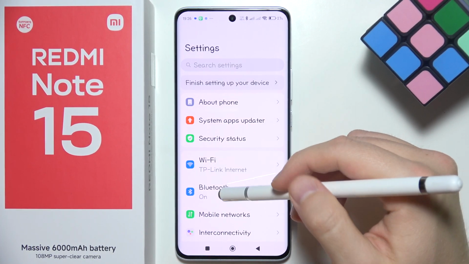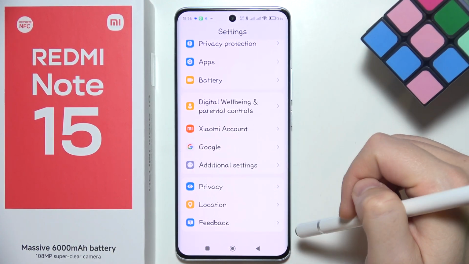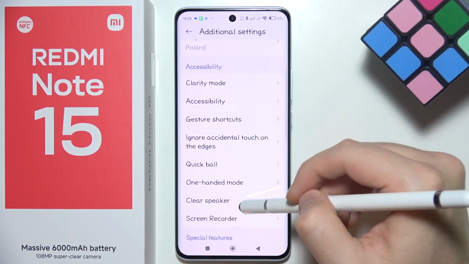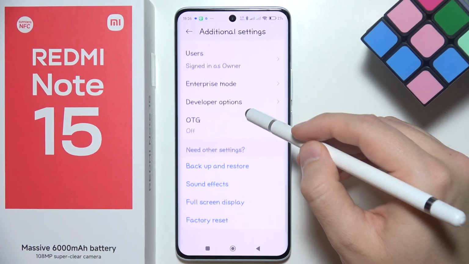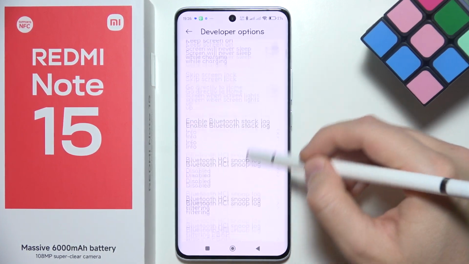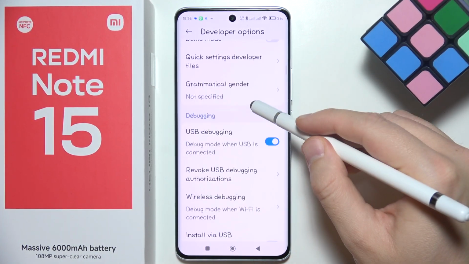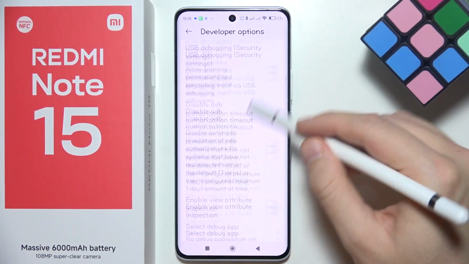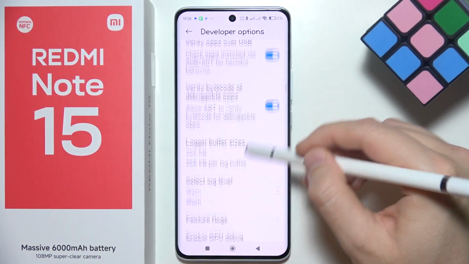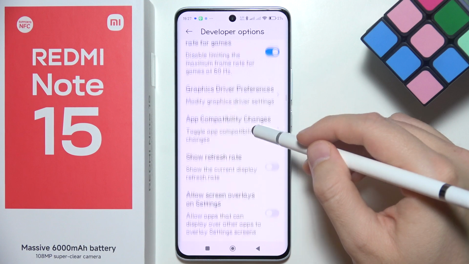Then you will have to go back and scroll all the way down to the additional settings. Now you will have to open this developer options, and here we are looking for the DPI settings. So just be patient and wait for this, just a few swipes, and we will be able to adjust this up